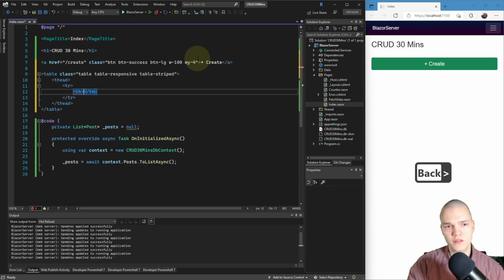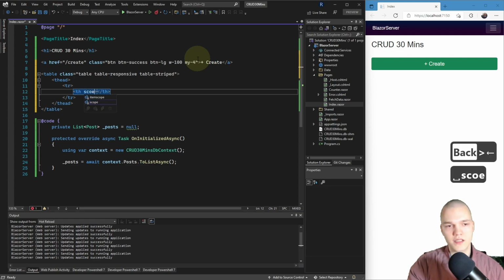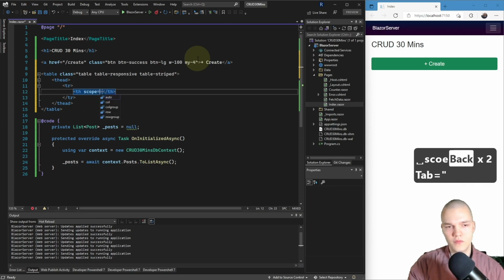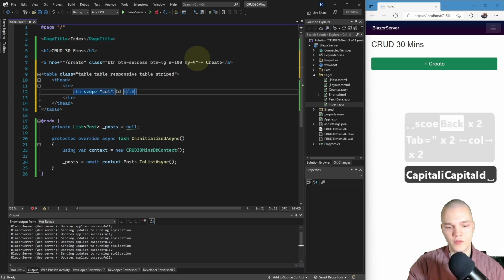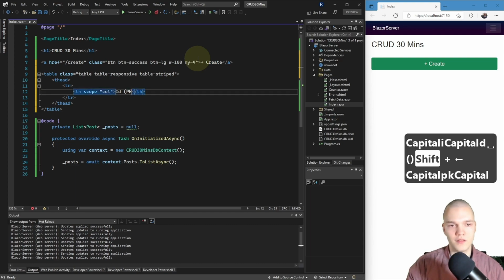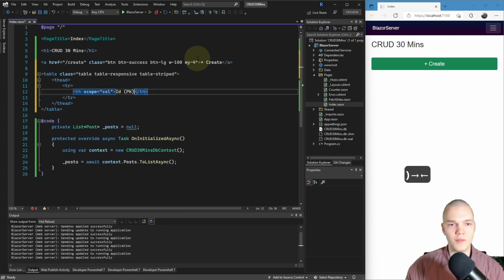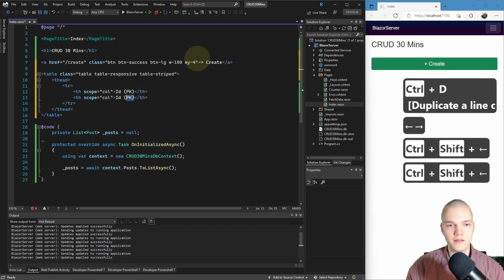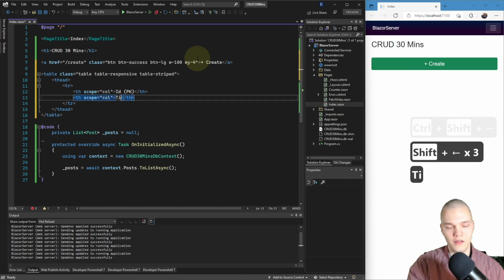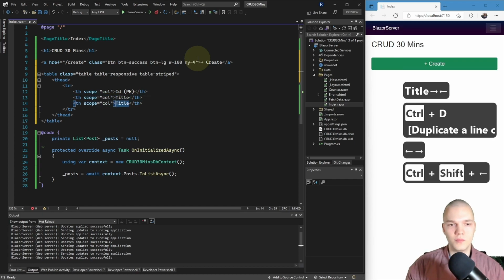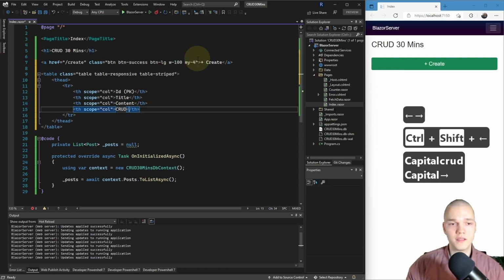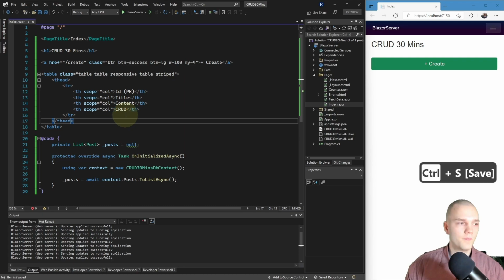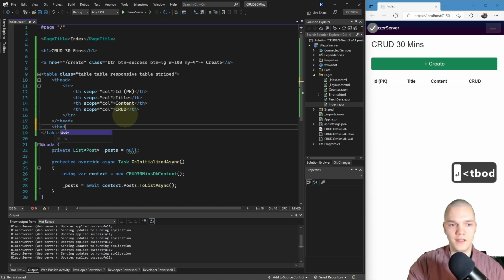I'm gonna set the scope to col, and this one will be for the ID, and I'll just add parentheses primary key. Duplicate that, Ctrl D, and change it to title, duplicate, change it to content, duplicate, change it to CRUD. Okay, there we go.